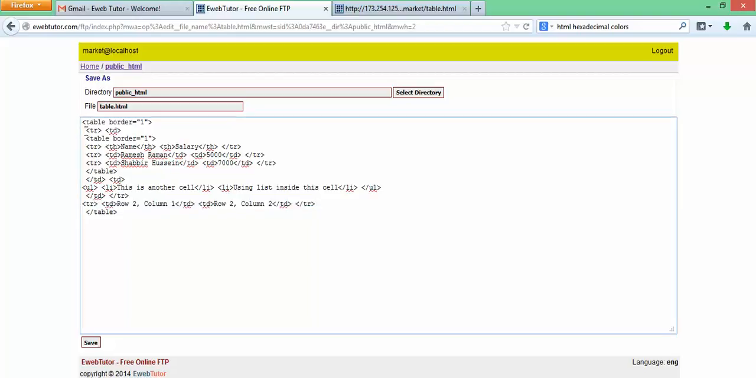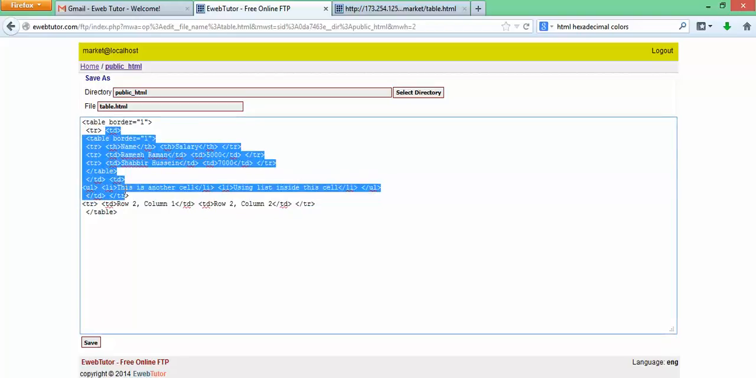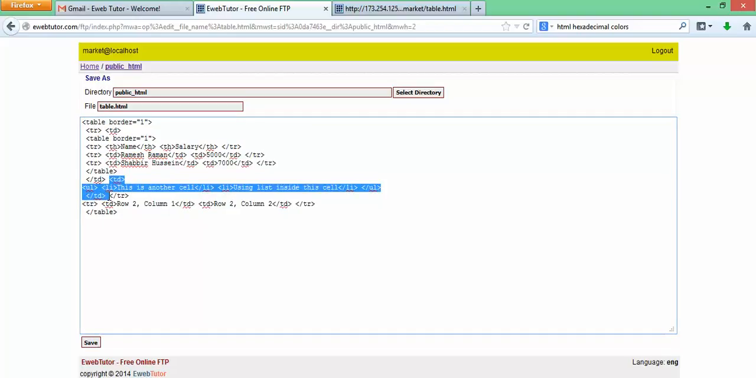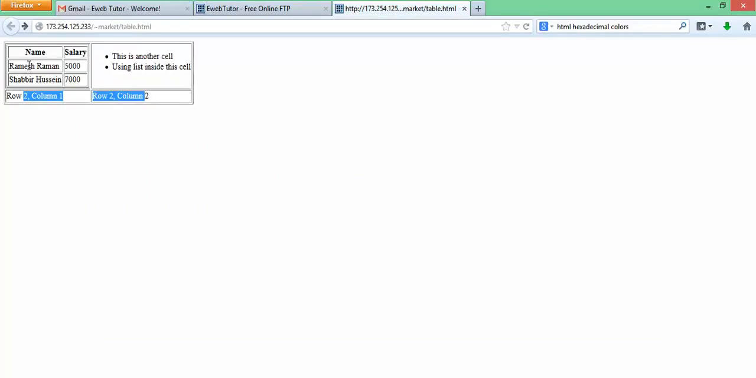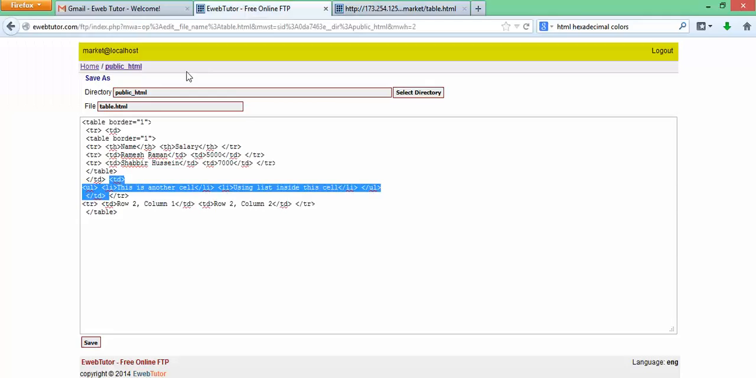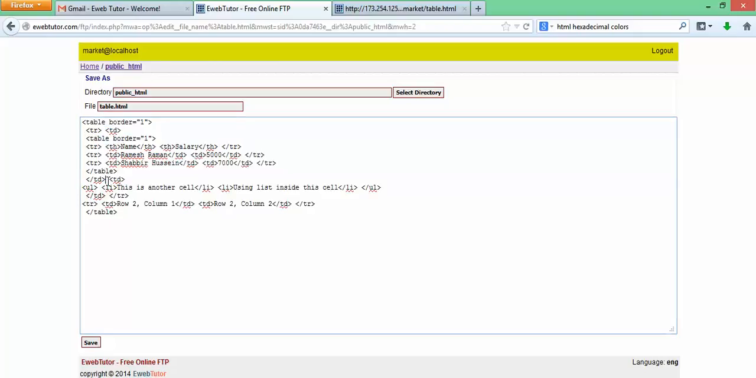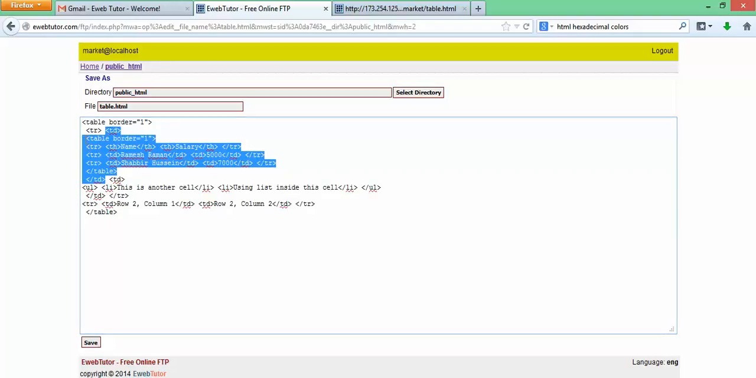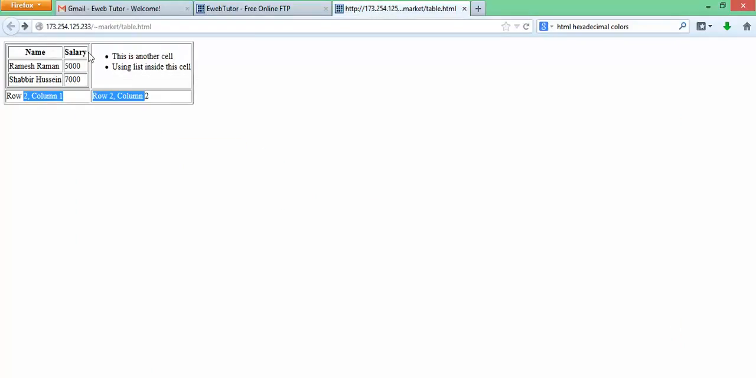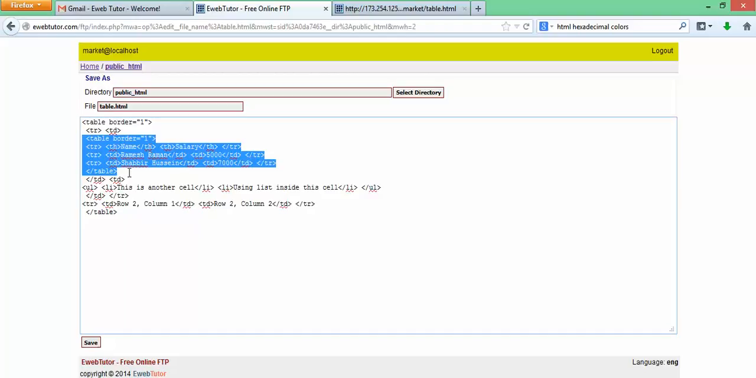Inside the first row, how many columns are there? TD first one and TD second one. So inside the first row there are 2 columns. The first column, what content is inside it? We have another table inside it. That's the content inside the first column. And inside the second column,